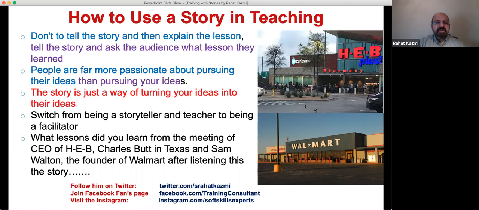So when Sam Walton came back, he told Charles Burt, do you know how many used ironing boards are destroyed in America and people need to replace them? He said, we're going to sell 1 million of them this month. And guess what, guys? In that month, Walmart actually sold 1 million new ironing board covers, because